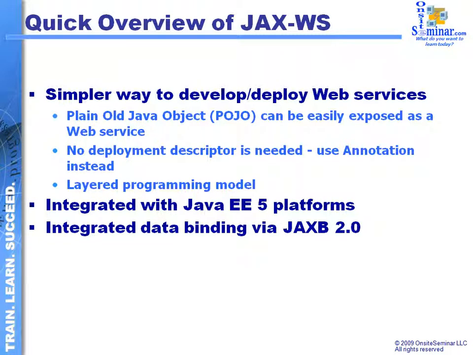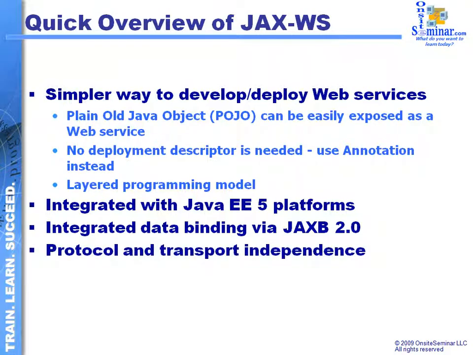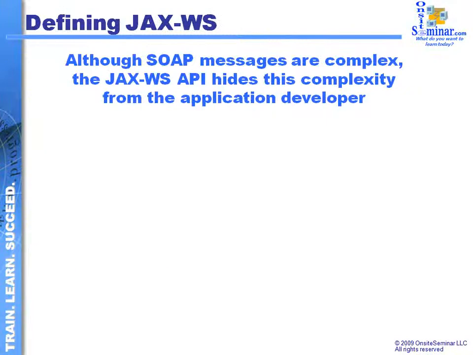It also has an integration with the data binding aspects of what JAX-B happens to be. So the Java API for XML binding provides for us a series of XML schema definitions that covers the complete realm. JAX RPC didn't exactly do that. It covered most of it, but it didn't cover everything. In addition to that, we're also going to be protocol and transform independent. So we're not going to be concerned with matching up with a particular protocol